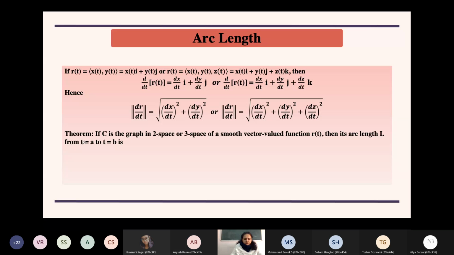So you integrate the expression which is written here with respect to t and then apply the limits. The arc length can also be written in a compact form like this. It is the norm of dr by dt, because the norm of dr by dt is nothing but the same expression. Then you integrate with respect to t, where t varies from a to b. That will be mentioned in the question, that you find the arc length from t equals this value, and then tell what the arc length is. So that is how you are going to find the arc length. You can use this expression, or you can also use the norm expression. Both are the same.